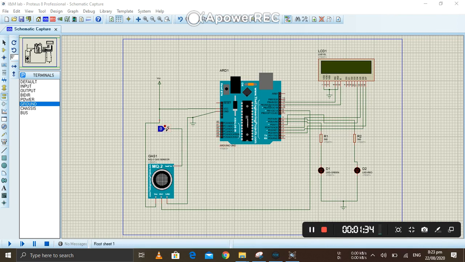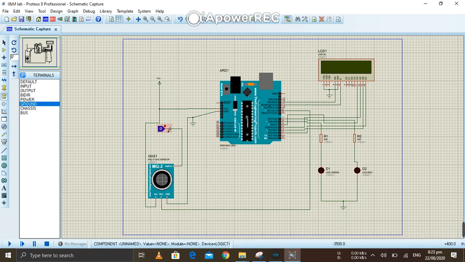This is the logic toggle which is having test pin. Now the test pin is high, and now test pin is low. When test pin is low, then the green light shows that no leakage, and when test pin is high, then the red light shows that there is a leakage, and also there is a display of leakage on the LCD display.